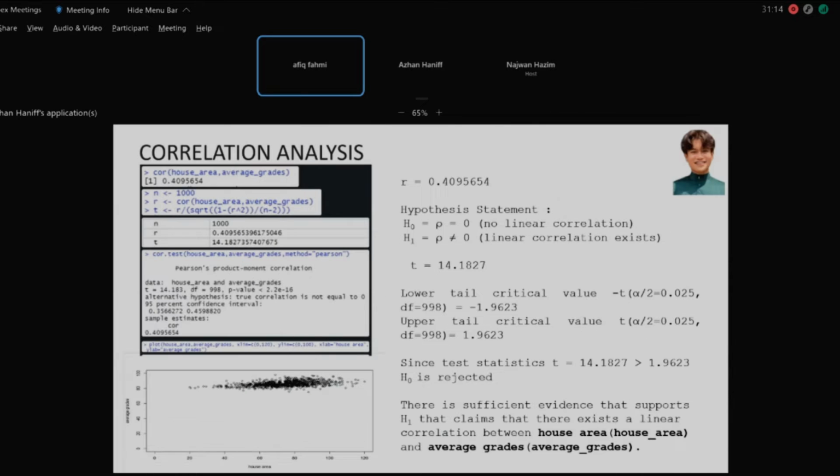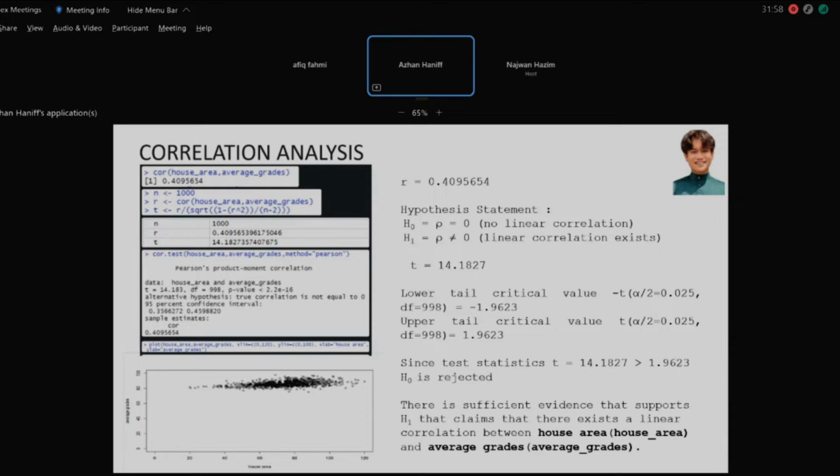Okay, next up is the correlation analysis. For the sample correlation coefficient, R is 0.409, which means that the correlation between house area and average grades is weak. For the hypothesis statement, the null hypothesis is no linear correlation, while hypothesis 1 is linear correlation. The test statistic T is 14.1827, while for the critical values, there are two, which are the lower tail, negative